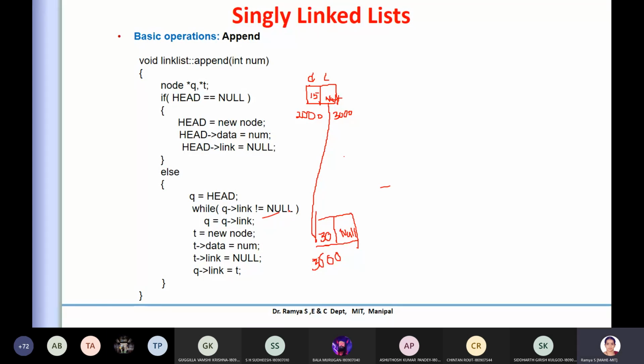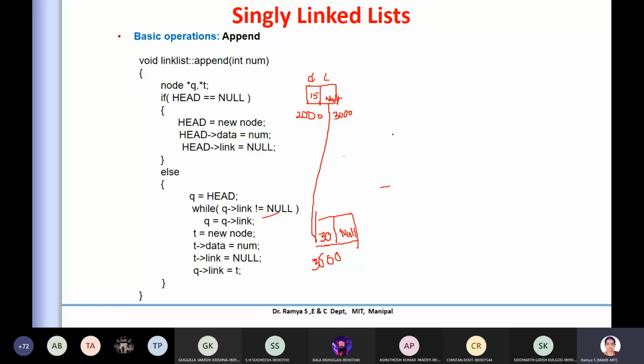Yes, ma'am. Okay, so just to repeat, for whoever missed the recording session, I'll repeat this point. In the case of appending to a linked list, the list always comes in two parts. One is a single link that comes with the data as well as the address, that is the link for us.